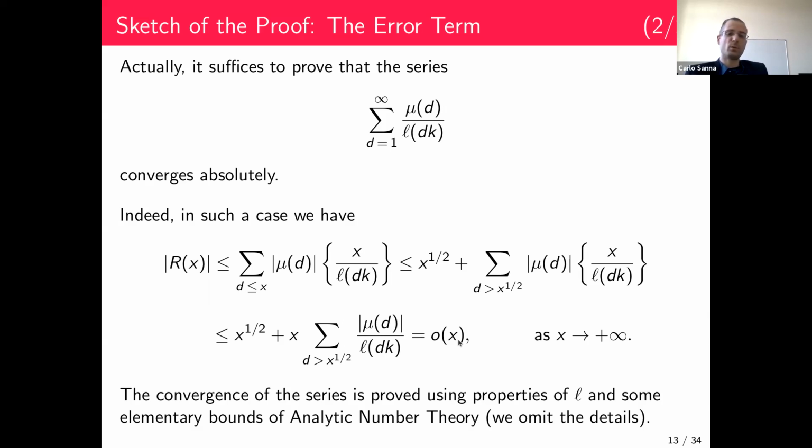So it remains to prove that this series converges absolutely, but I'm not going to talk about the details. The convergence of the series can be proved using properties of L and some bounds of analytic number theory. When we first proved the absolute convergence, Tron and I